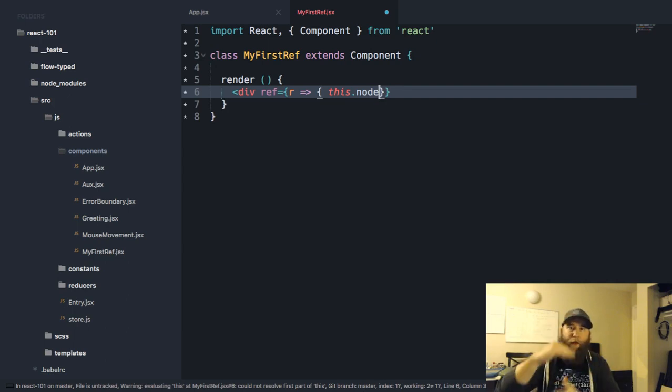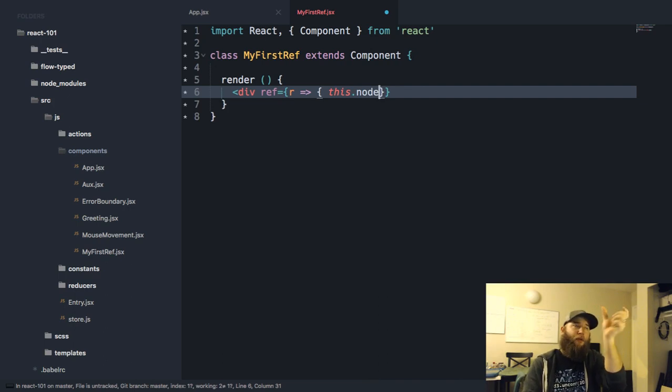If I have multiple refs, which I've had before in a component, like let's say a parent needs to know the size and shape of a child and stuff like that to do calculations, so I might have this.parentNode or this.parentRef. So a lot of times I'll do something like this. this.nodeRef equals R.